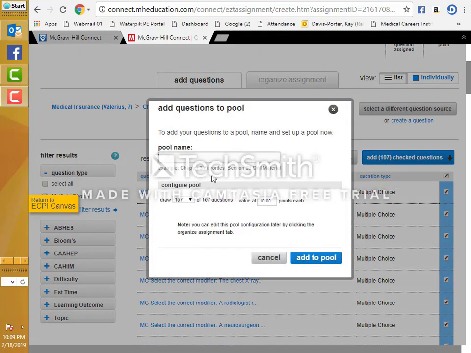So I'm going to give it 5. And then right down here, you have to configure the pool. So out of this, I want to draw 25 questions out of the 107, and I want each question to value 1 point. And then I'm going to add that to the pool.